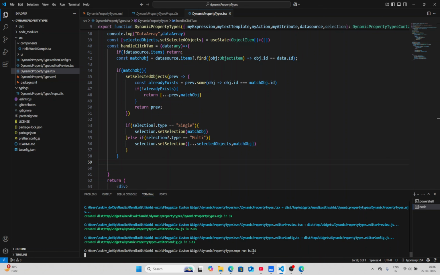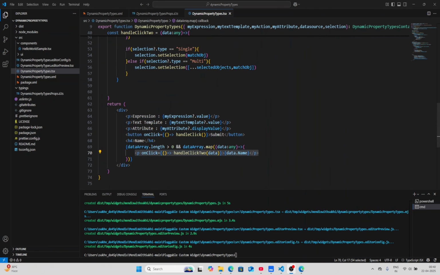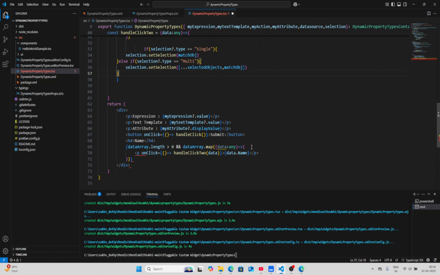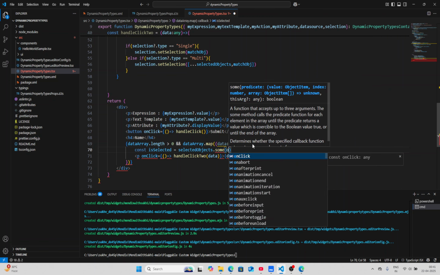So your new app. So it's a new build. We're going to Mendix. We will add some CSS so that we can know the row is selected or not. So here const first, here remove parenthesis bracket and add curly bracket. After that const is selected equals to selected objects dot some object